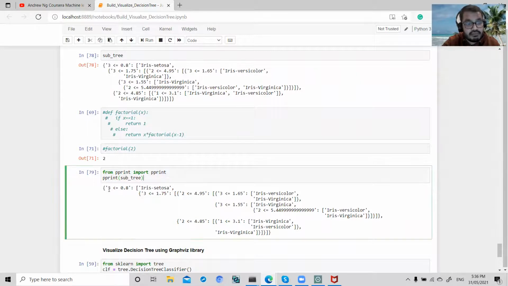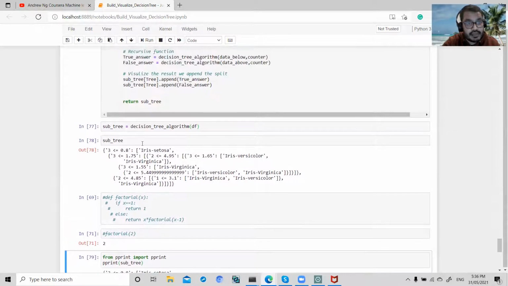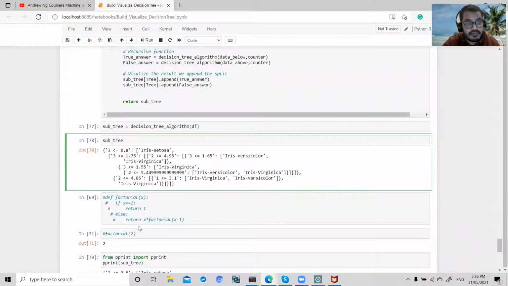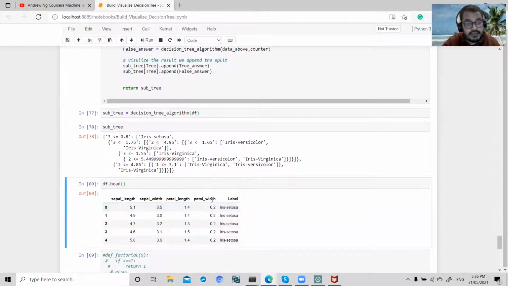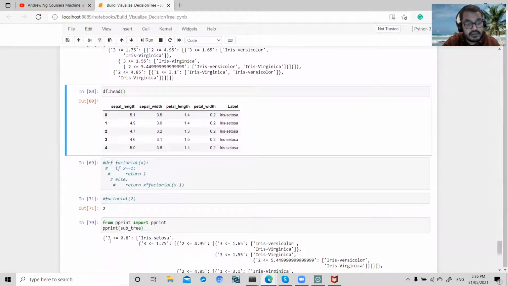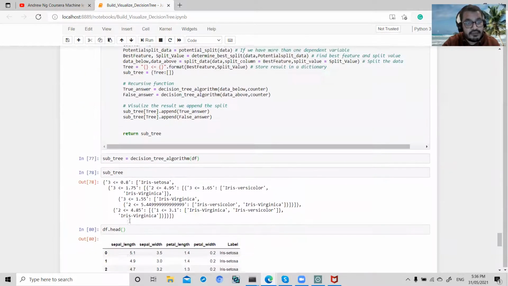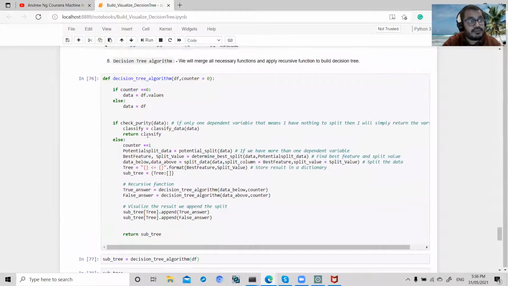Okay, so let's change this value, like 3, to the column name. So for column 3 I want to have the column name. So 3 is my petal width. So let's change this 3 to petal width. Okay, for that what we need to do is,